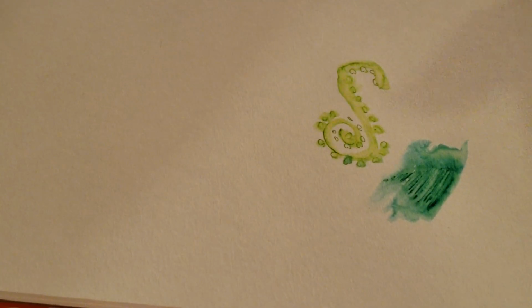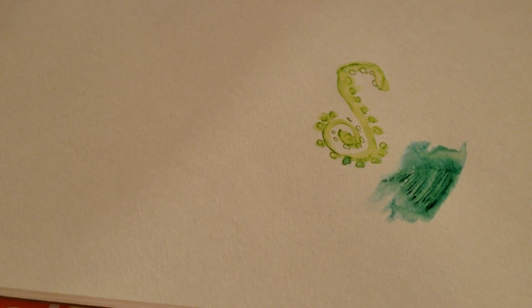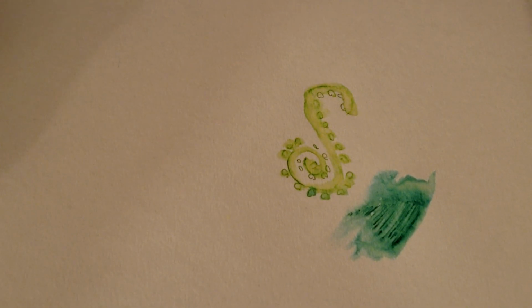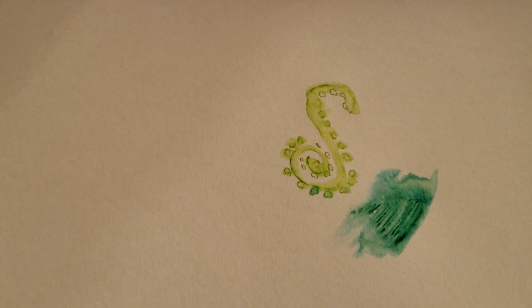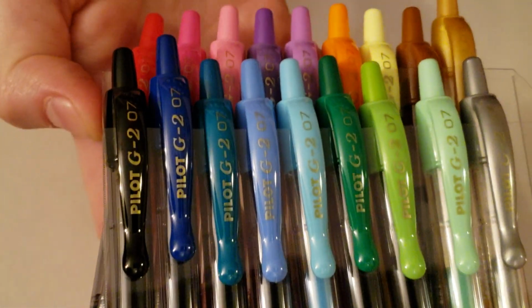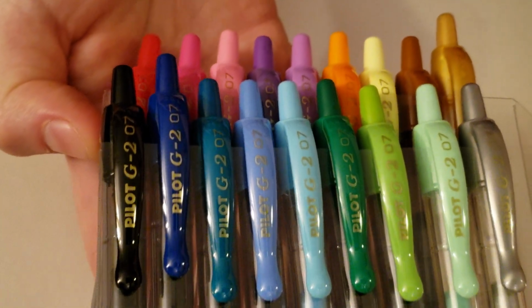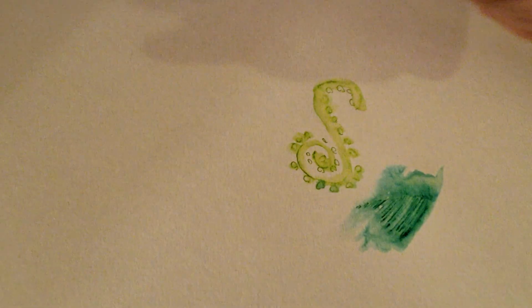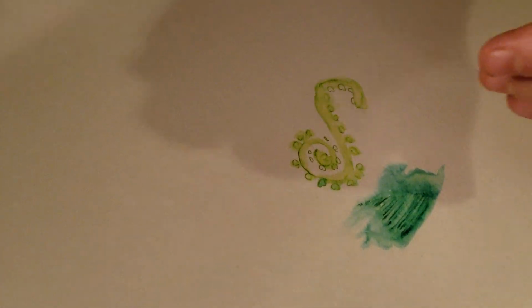I just want to show off a neat trick my dad showed me the other day. The colors are not great because of the lighting, but I learned that you can watercolor paint with some G2 gel pens. It might work with other gel pens if they don't say they're not water soluble. But you can watercolor paint with G2 gel pens at least, and